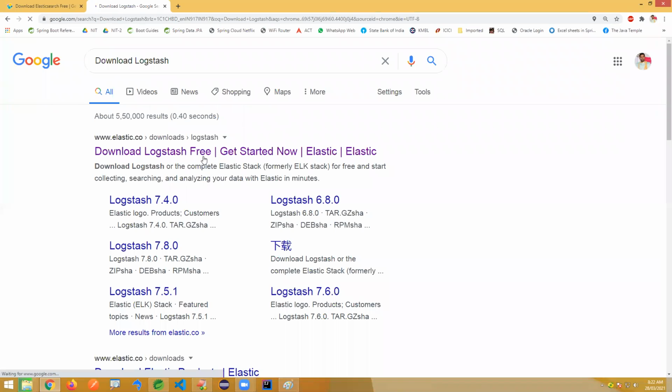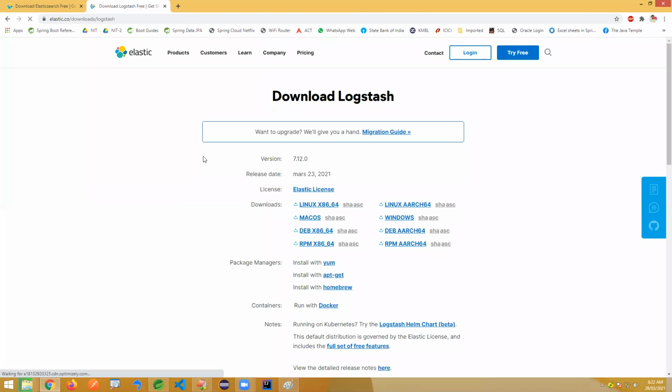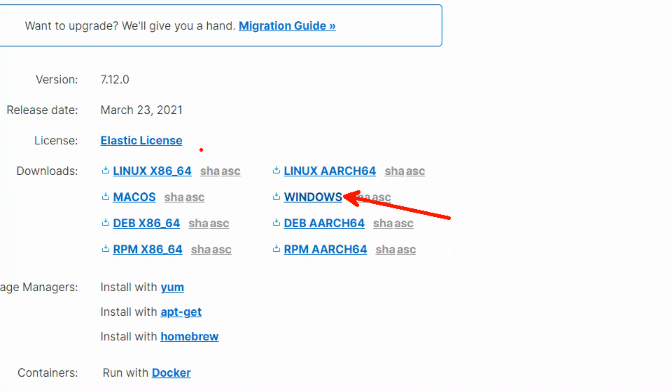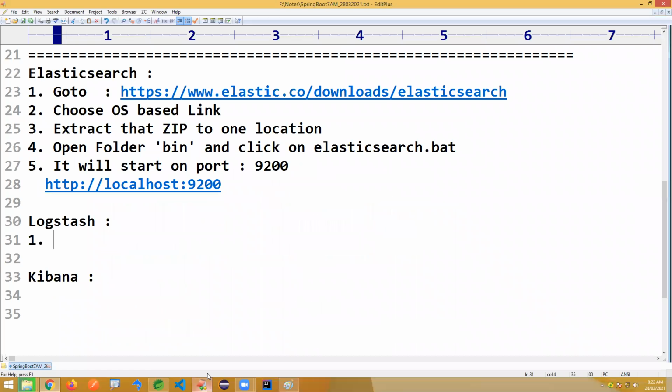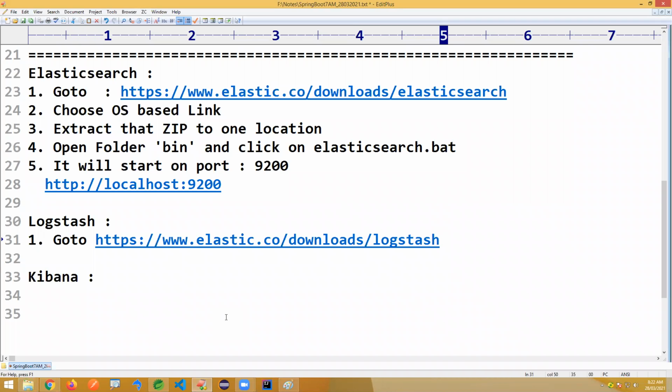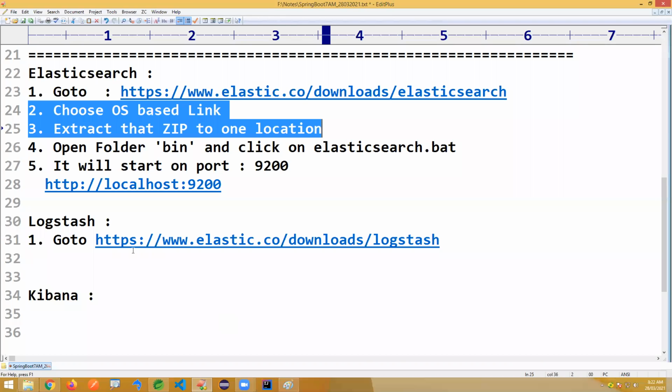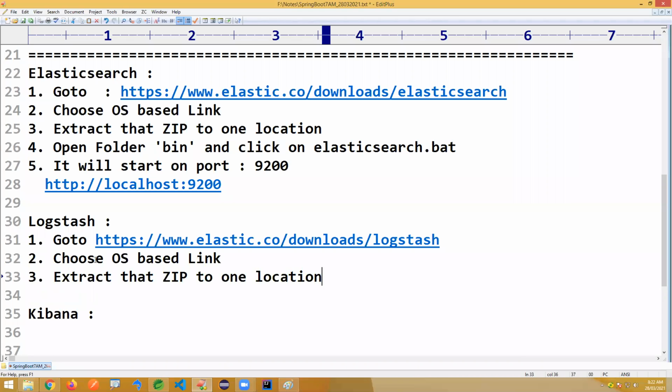It's the Download Logstash page, and you can see we have the Windows operating system, or other operating systems also. Step number 1, go to the location, choose the OS-based link, and extract. Steps 2 and 3 are the same here.